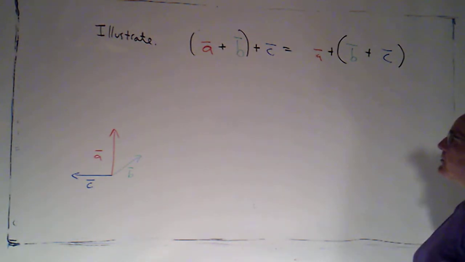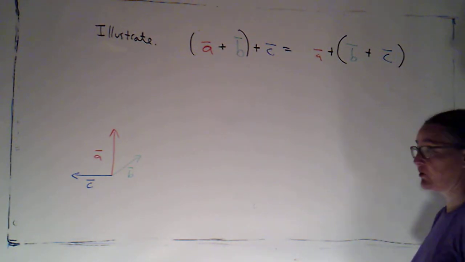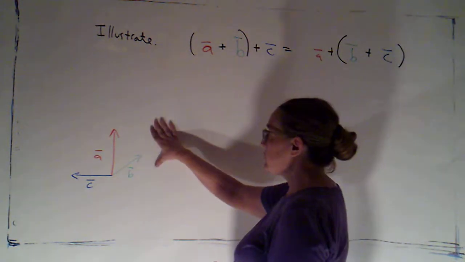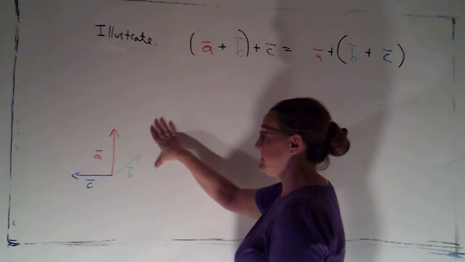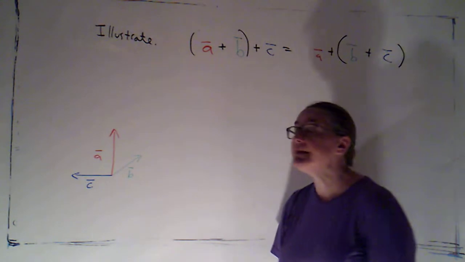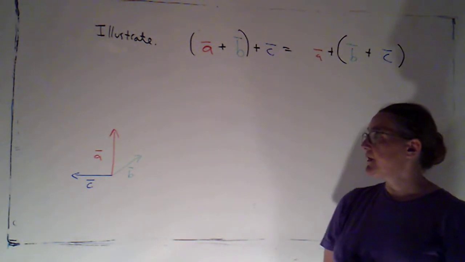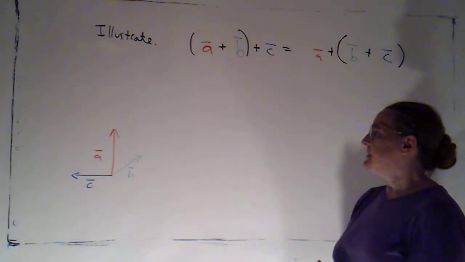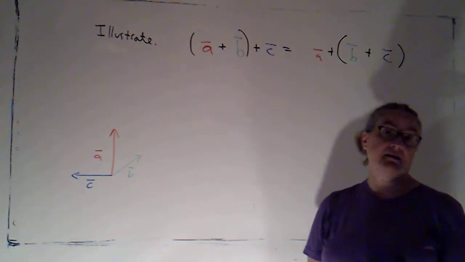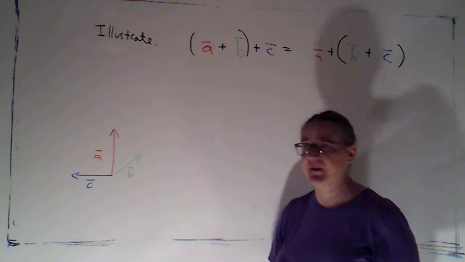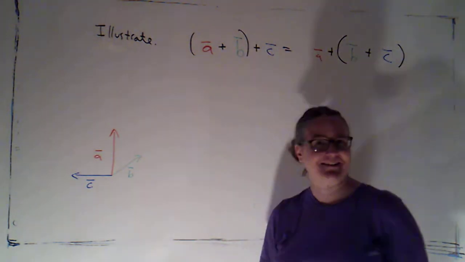Okay, so the reason this is not going to be a formal proof is because in drawing these vectors, I've made specific choices. In particular, none of the vectors is the 0 vector. A is longer than B and C. None of the vectors is parallel to any of the others. Now, we haven't formally defined parallel, but I think we can agree that none of these vectors is parallel to